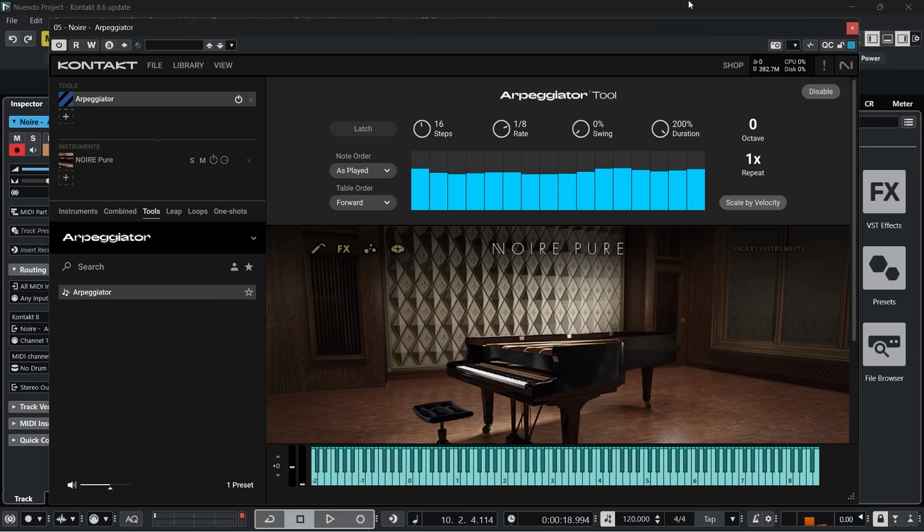And then you can adjust the duration of the notes. And of course, it's all tempo sync. So I'm just going to bring the duration down to 100% again. Let's go to 8th note triplets. You can add an extra octave for each of the notes. And then you got 1 time repeat on. If I change it to 2 time repeat,